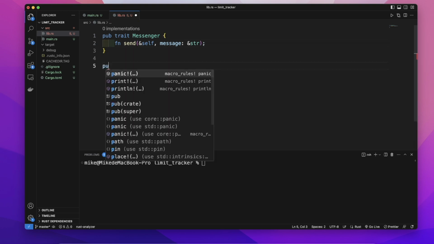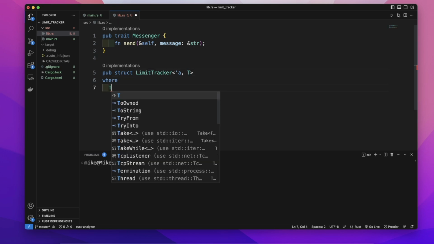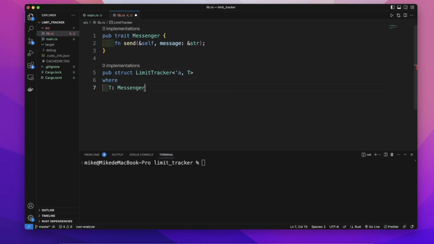And then let's create another public struct. The name is LimiterTracker. Because this LimiterTracker will hold a reference value, we need to declare lifetime parameter 'a and generic data type T, and we use where to bound this generic data type T with the trait Messenger, so T: Messenger,